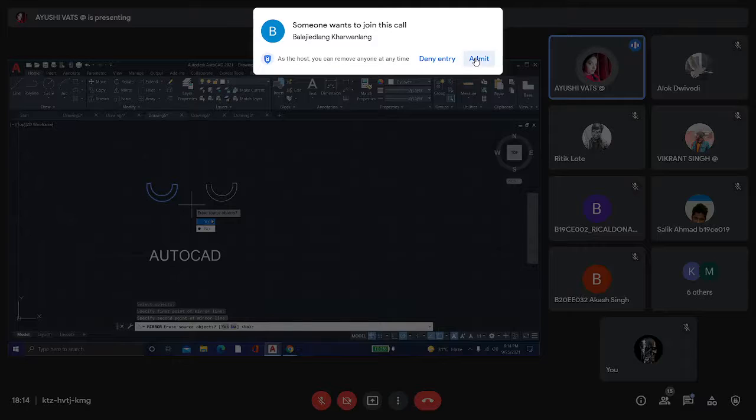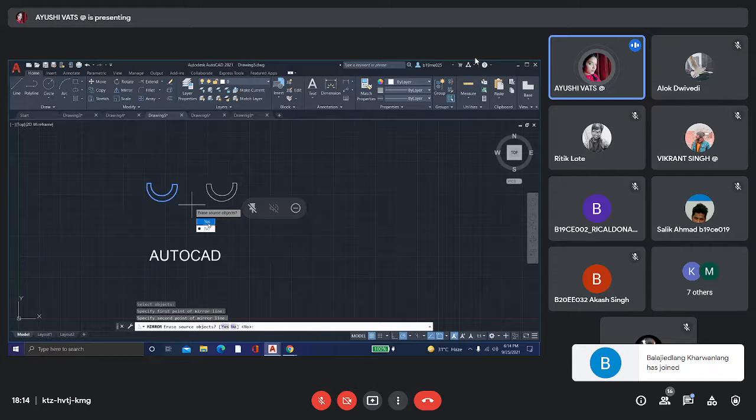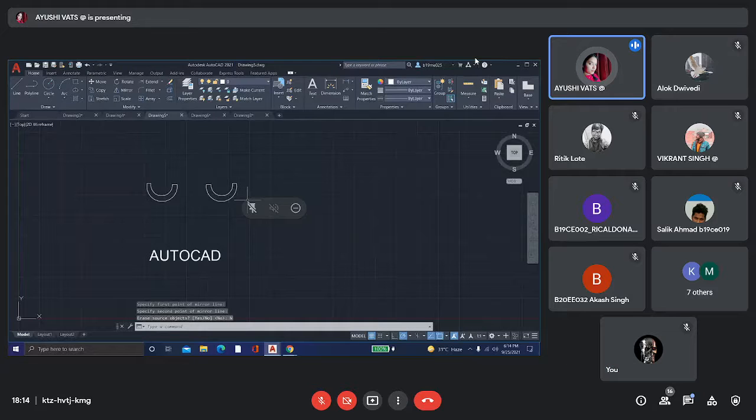You want to erase the source object or not, it depends on you. I select no, then you see, you draw the mirror image of this object. If you want the mirror image of this word text, then how can we make a mirror image of this? Select the mirror command, select the whole words,